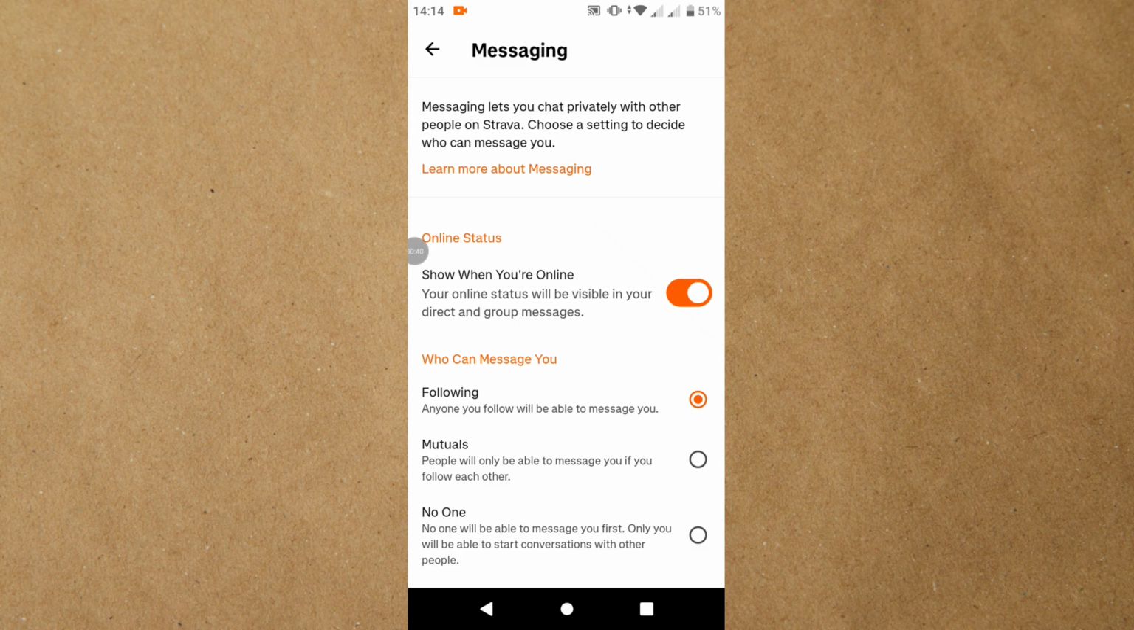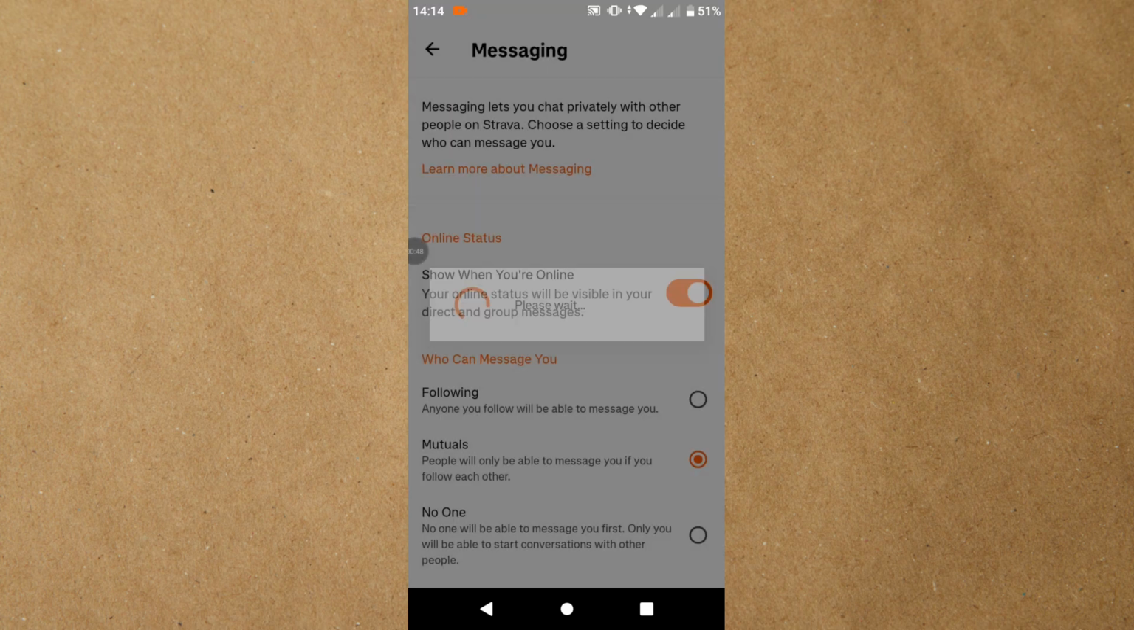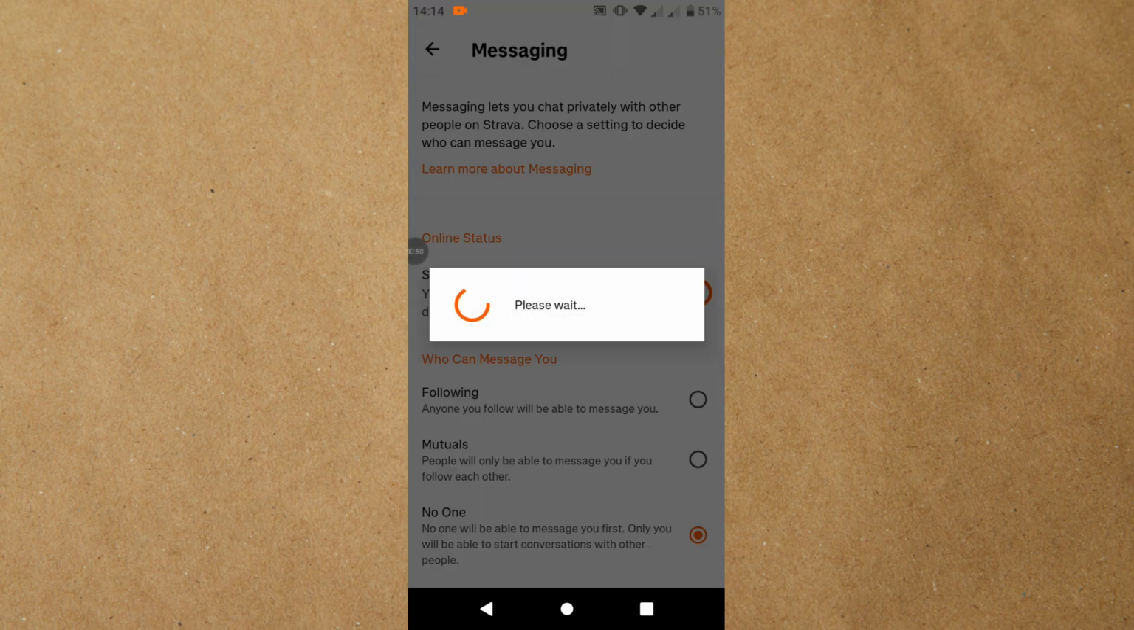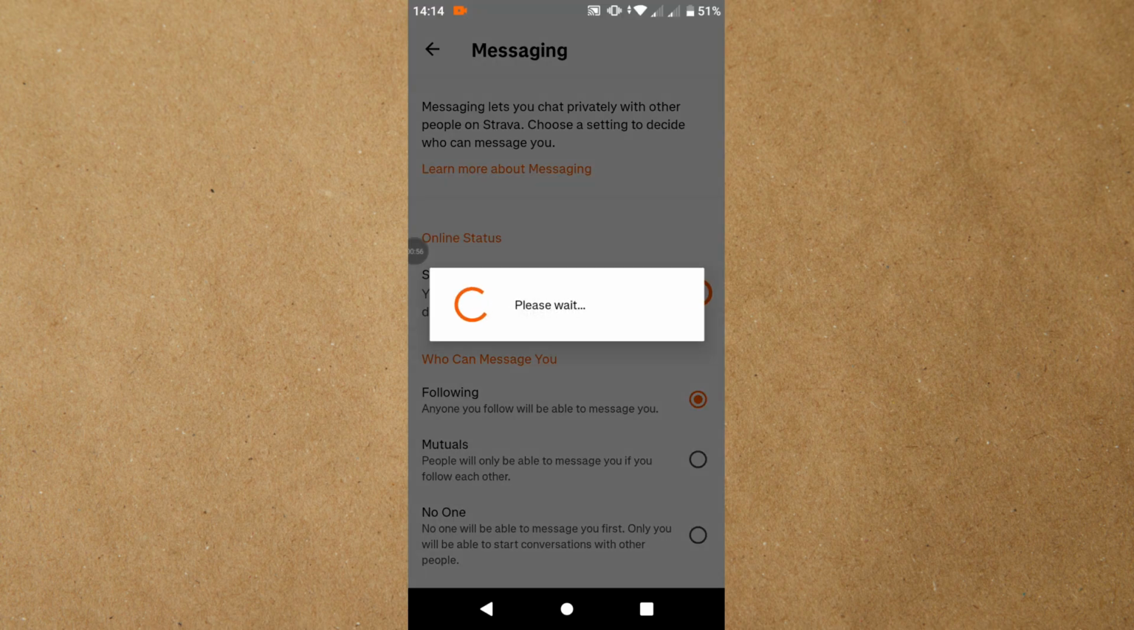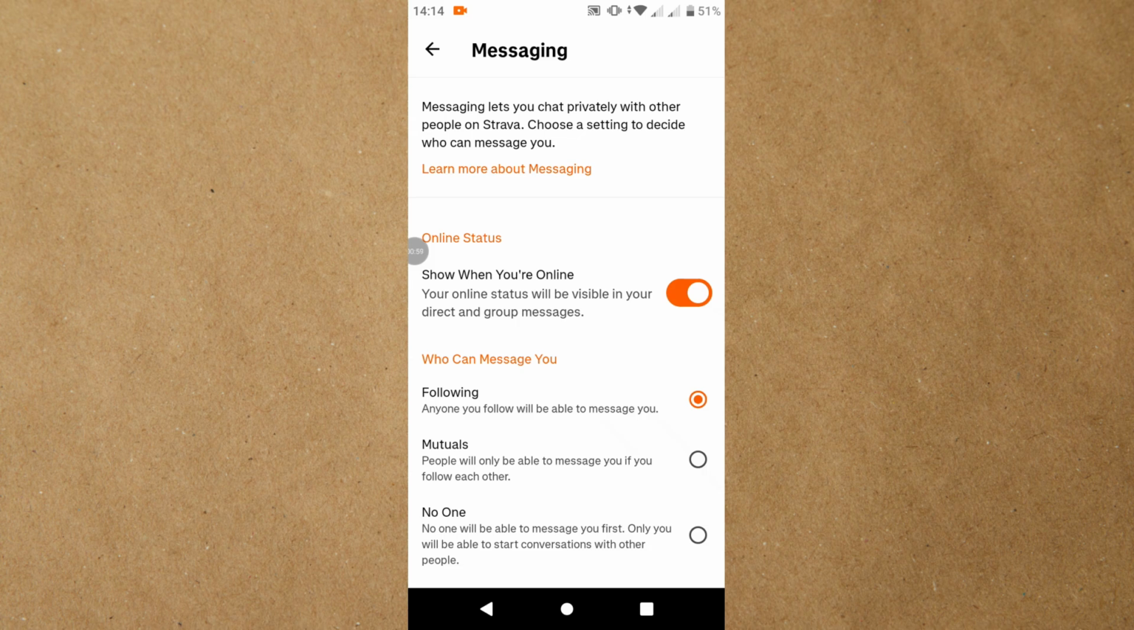Here, swipe down till you get to the Who Can Message You section, and as you can see, it is set to default following, but you can also go with mutuals, for example, or no one. Simply select the option. Now, if you'd like to give everyone the opportunity to message you, even users of the